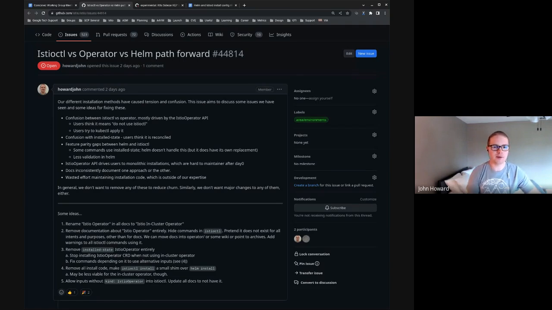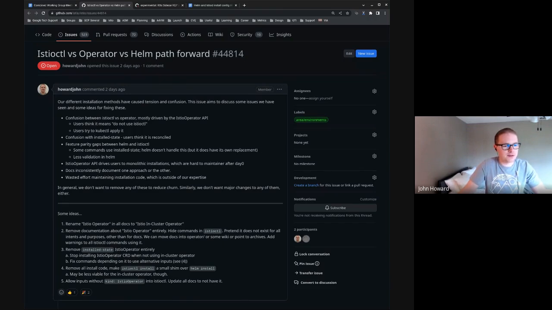To keep the same API, we at least need some translation from the API we have now, because we have not just the values part, but it could be potentially viable. The issue though is I don't know how well that would work with the in-cluster operator. I think it would probably work well for istioctl install, but I'm not sure for the operator. And then do we want those to be different code bases? Maybe. Final idea I had was just to allow you to not put the kind Istio Operator in the YAML